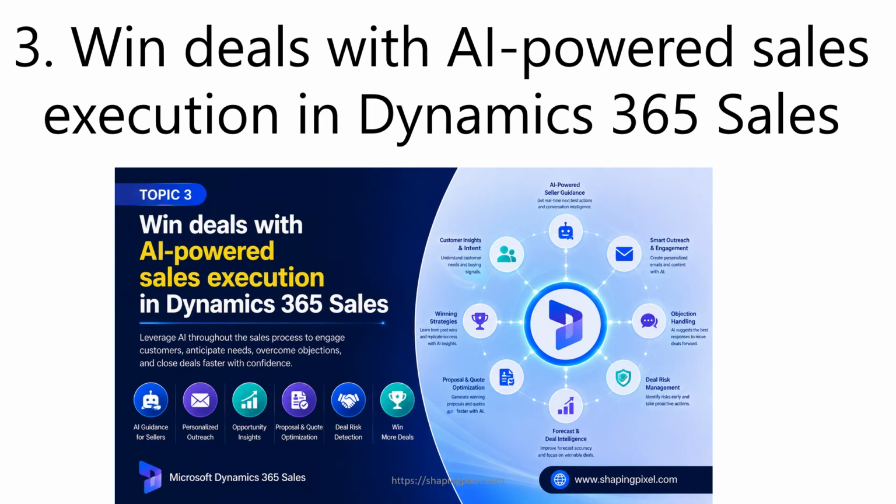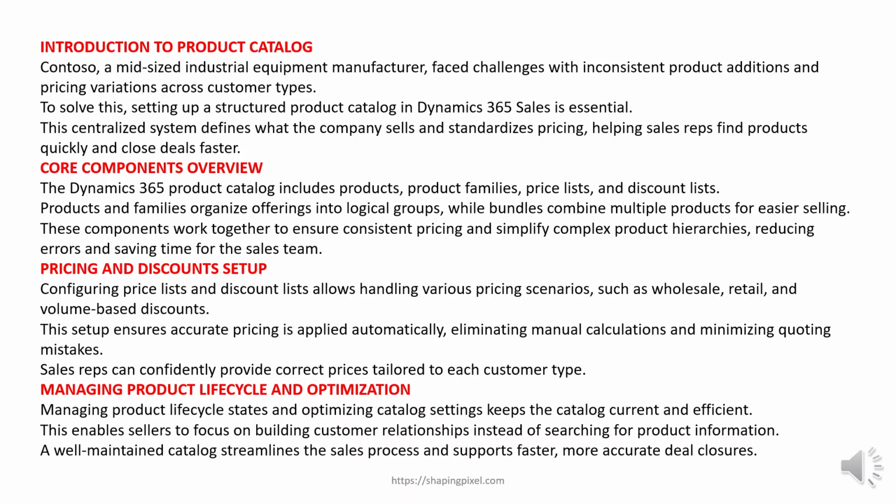Win deals with AI-powered sales execution in Dynamics 365 Sales. Contoso, a mid-sized industrial equipment manufacturer, faced challenges with inconsistent product additions and pricing variations across customer types. To solve this, setting up a structured product catalog in Dynamics 365 Sales is essential. This centralized system defines what the company sells and standardizes pricing, helping sales reps find products quickly and close deals